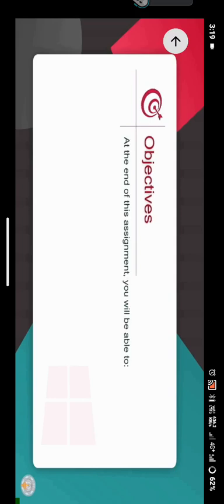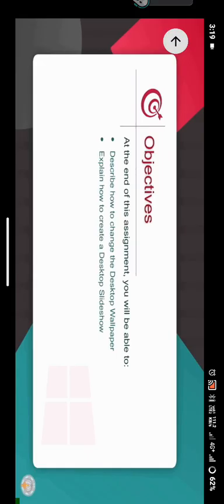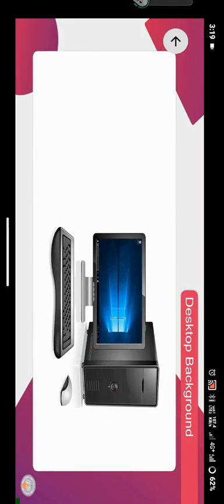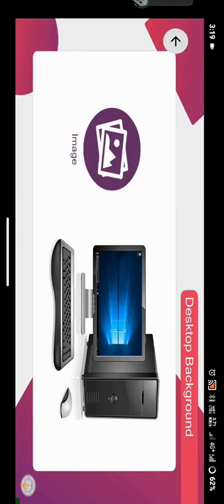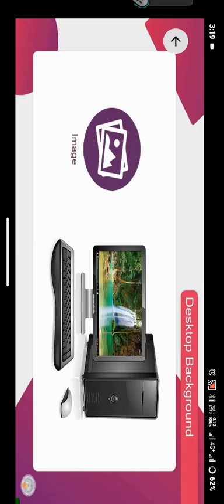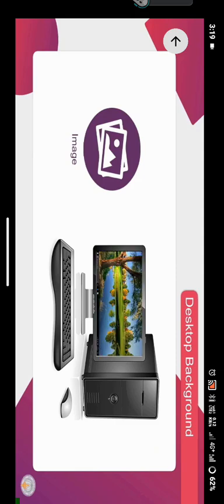At the end of this assignment, you will be able to describe how to change the desktop wallpaper and explain how to create a desktop slideshow. Desktop background, also known as wallpaper, is an image used as the background of a graphical user interface on a computer screen. You can make your desktop as attractive and colorful as you wish by setting a wallpaper of your